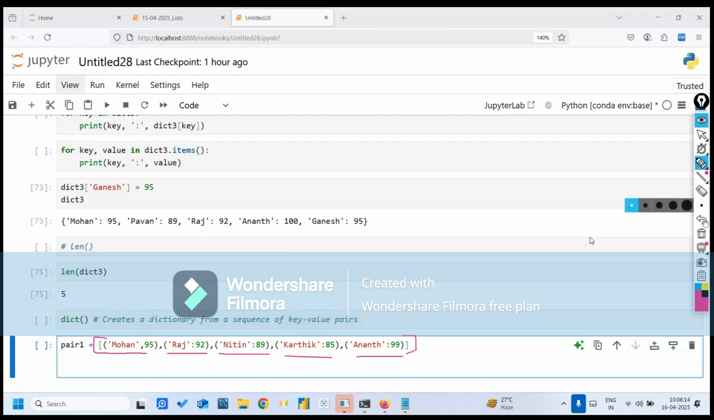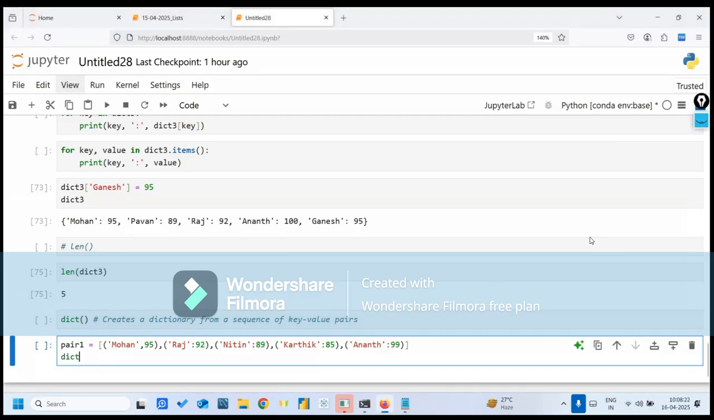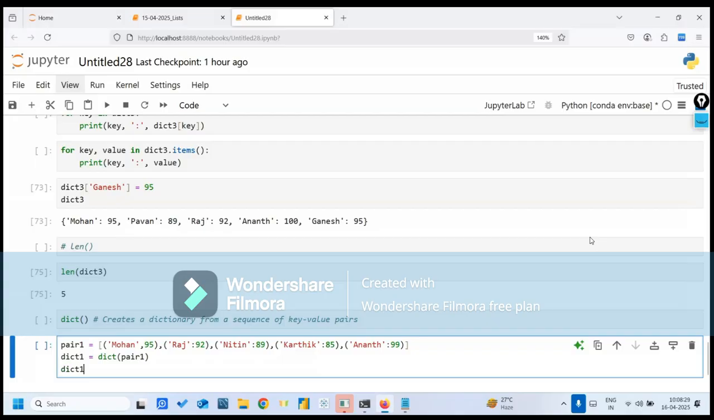Now, if you want to make a dictionary out of this list here, you can directly use that. So here, dict1 is equal to dict of pair 1, like this. So now dict1 becomes here